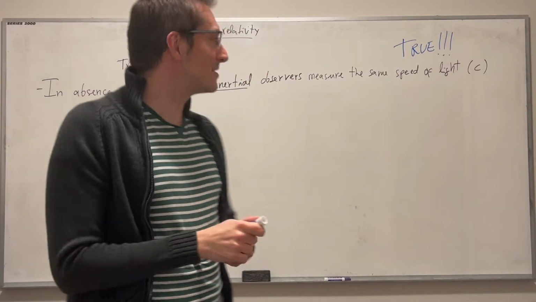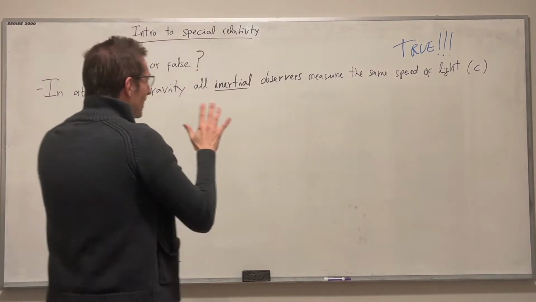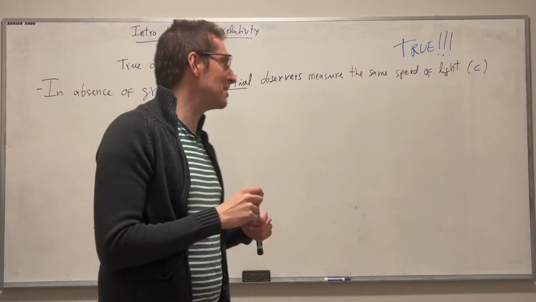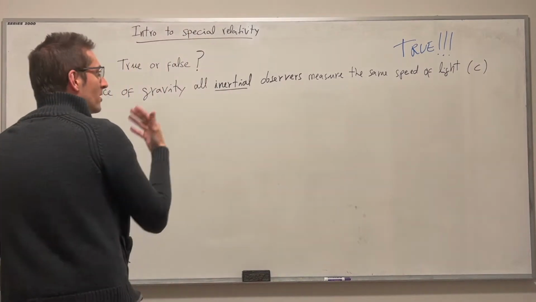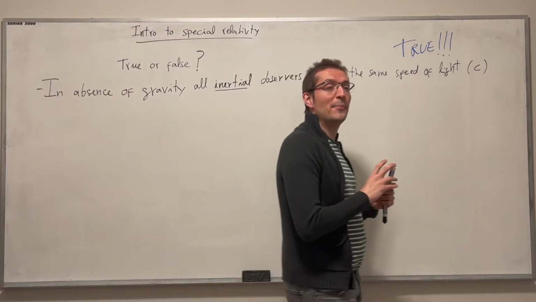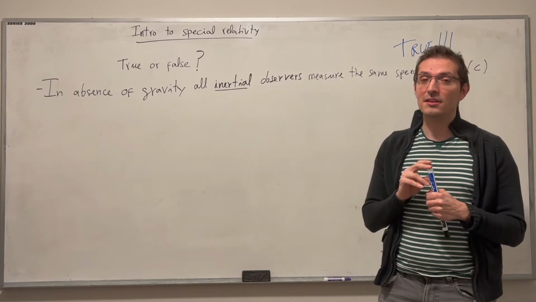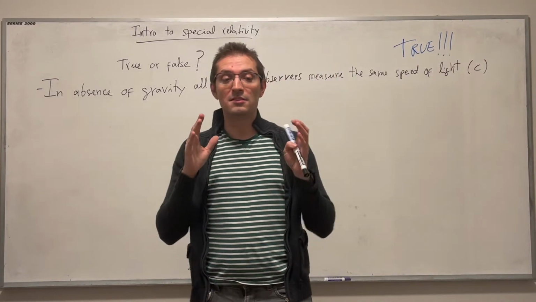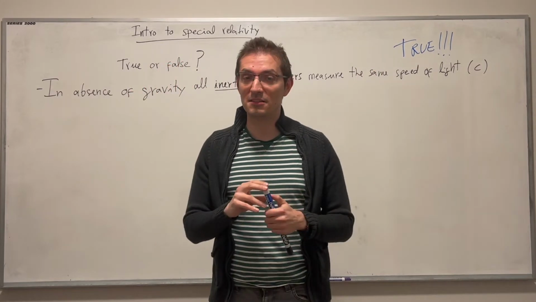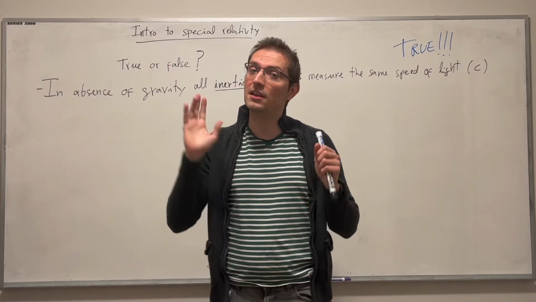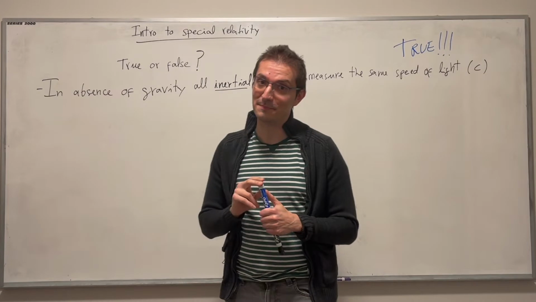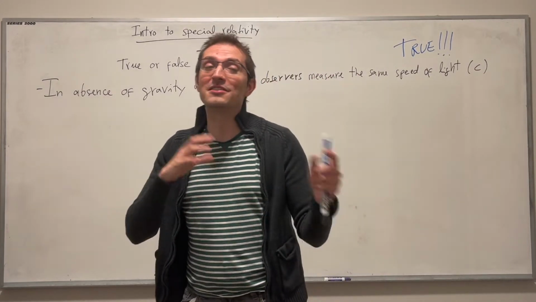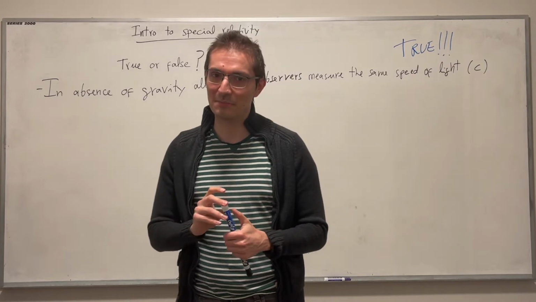Now, this is something that, again, will be one of the postulates of special relativity. We'll formulate it much better, and we will talk a little bit about where it comes from. But this is the right formulation. So it is definitely not true that in special relativity, every observer will measure the same speed of light, which is c. Only inertial observers will. That's what we will demand. We will talk a little bit about the subtleties of that. Maybe locally they do, or maybe we'll see when we see non-inertial frames in special relativity.